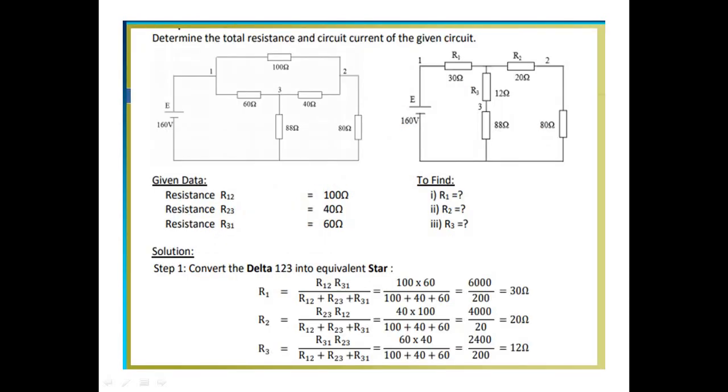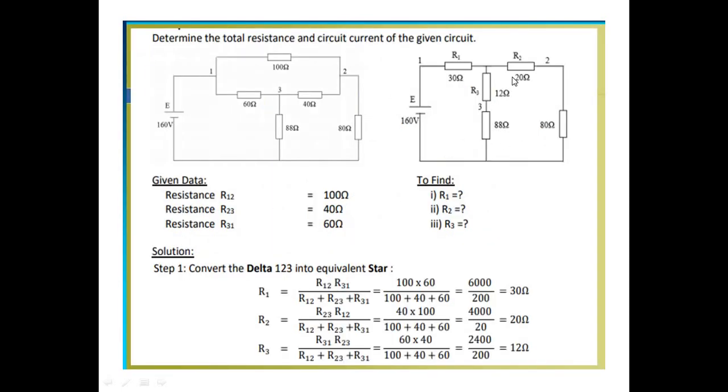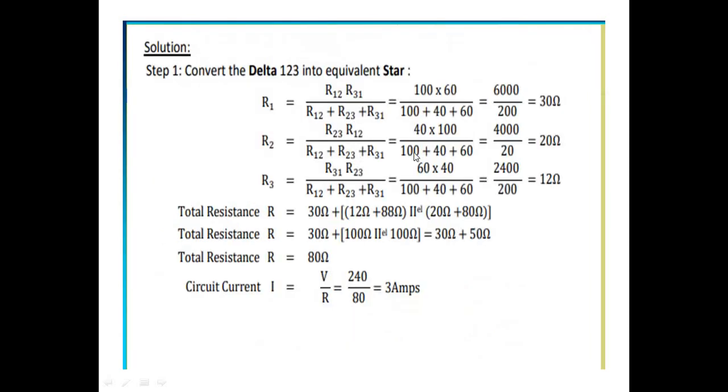In this circuit, 30 ohm is in series with 12 ohm plus 80 ohm. Here in the series combination, and then parallel to the 20 plus 80. Here 20 and 80 are parallel elements, and then next we have to simplify the total resistance 30 ohm